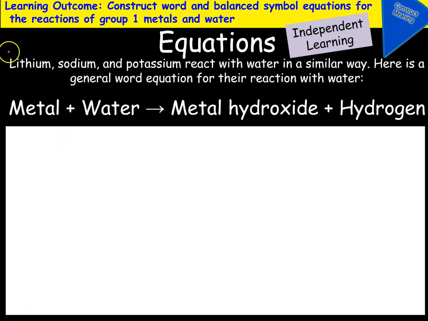So this is our general equation for the group 1 metals. This is the next most important bit. Any of the metals plus water will give you the metal hydroxide and hydrogen. As an example, if we have lithium as a solid plus water, which is H2O, that will react and we will get the metal hydroxide. So we will get lithium hydroxide, LiOH, that will be dissolved in the solution, so that will be aqueous,